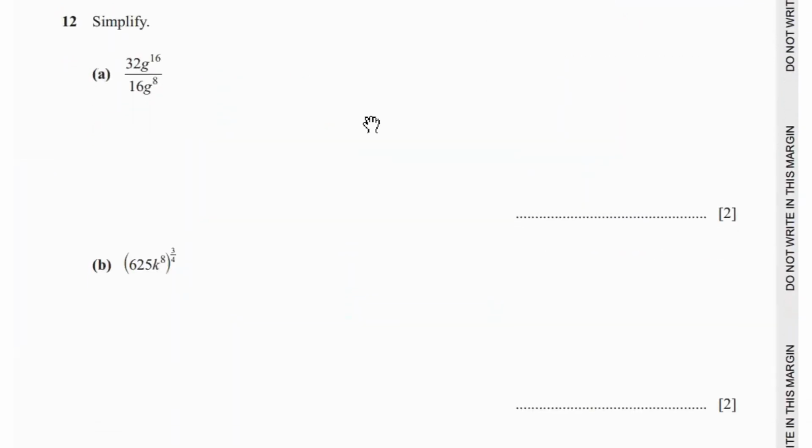Question 12 says simplify. So this is a question for the rules of indices. You need to remember, when you're multiplying similar bases, for example, if you're doing a to the power of m times a to the power of n, you will add the powers. And if you're dividing them, you will subtract the powers. Over here,